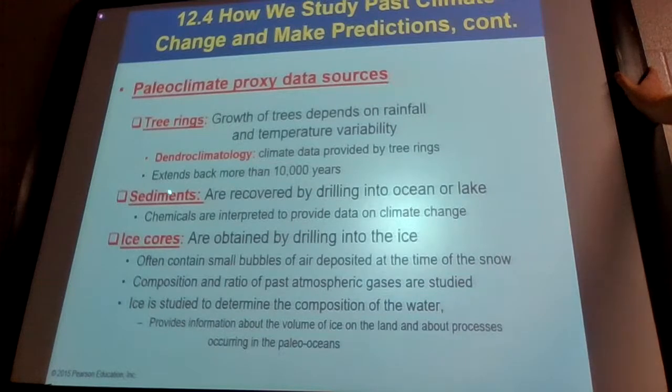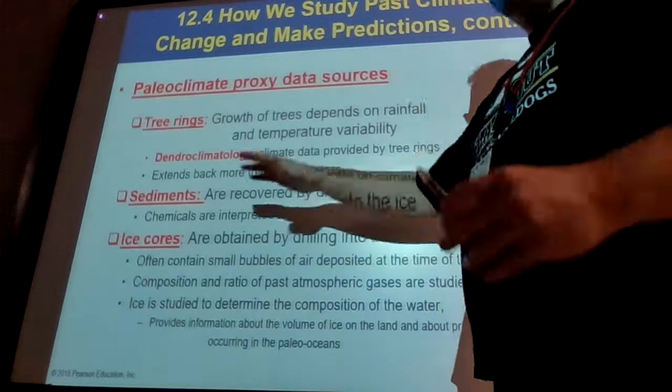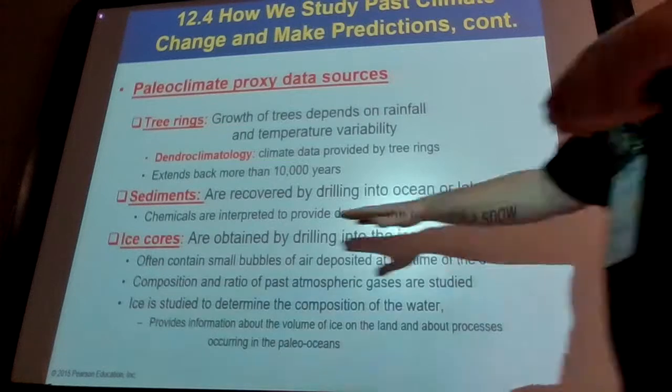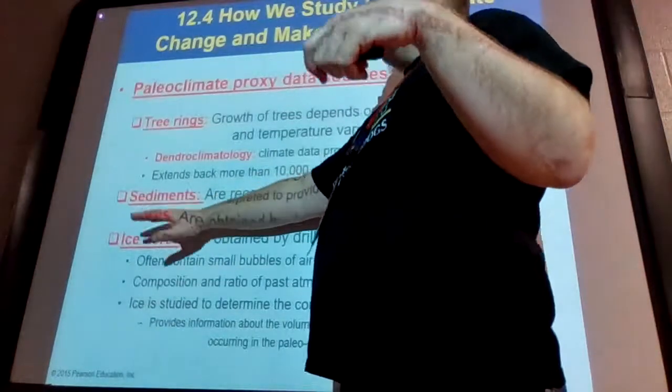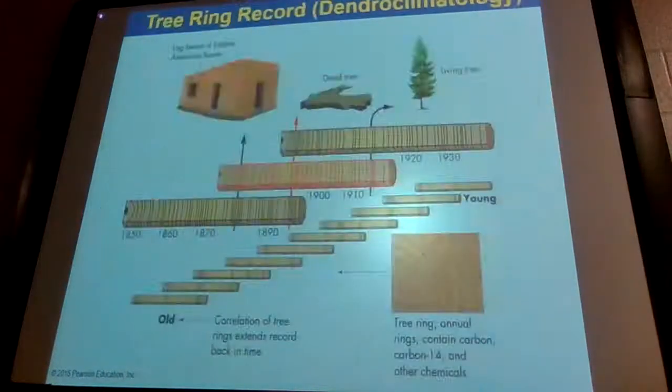Same thing with sediments. When we drill into rock, we can pull up a large core of rock and sample that. And the way that the sediments fall, the gases that they trap, whether your irons are rusted or not, can tell you a lot about what was going on in the environment at that time, and the atmosphere as well. Same thing with ice cores. Ice cores are going to be very similar to sediments, except instead of drilling into rock, you're drilling into ice. You do have to handle them a little differently.